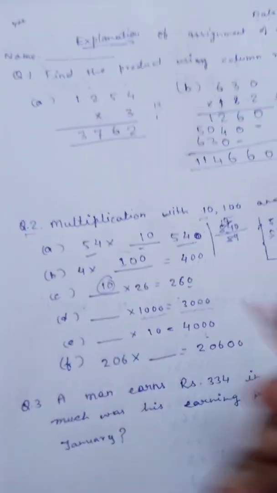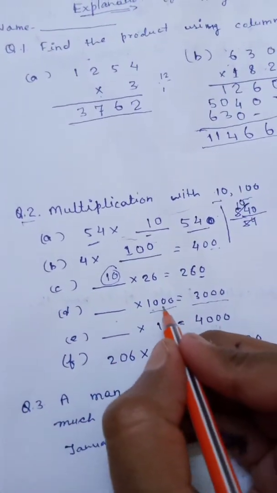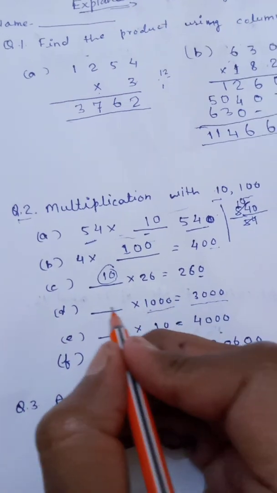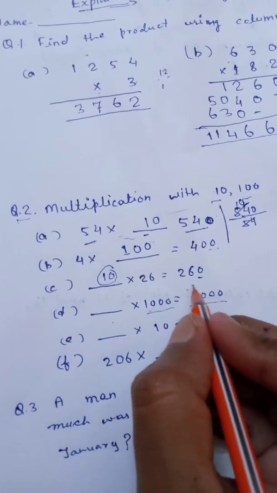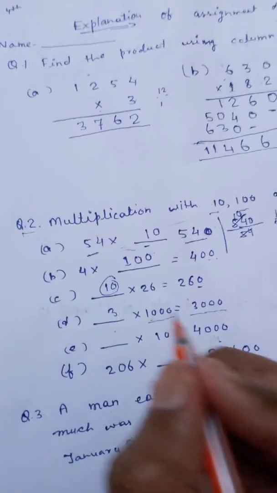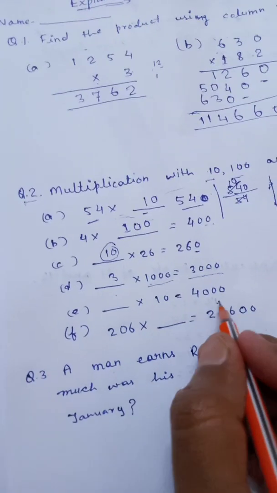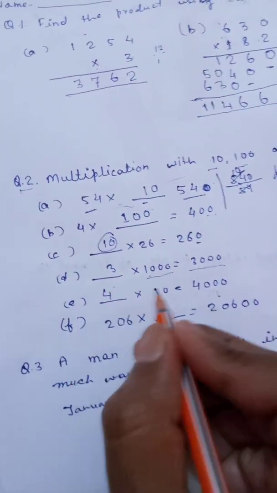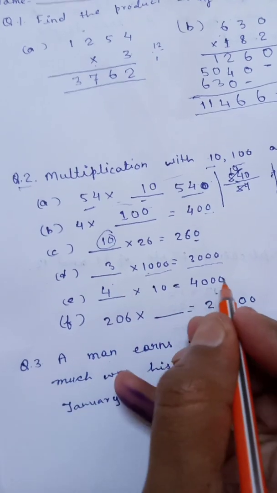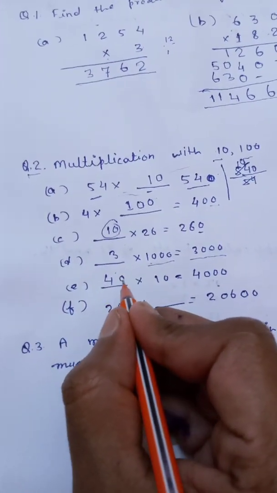What is that number? Let us find it. 3 zeros are here, 3 zeros are here, so what is the missing number? Only 3, so we will write 3 here. Okay, next, 4000. Here is 4, 1 zero is already here, and here are 3 zeros, so we will write 2 zeros. Okay, 2 zeros.